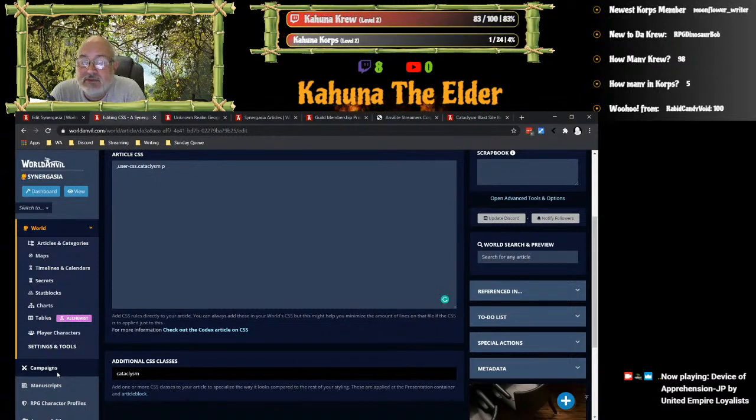And that's why this works so well, is that you can make these changes. But if you're doing CSS, do yourself a favor and create a test page. If you are a guild member, create yourself an extra world. That's actually what I've done. You can create multiple worlds. So create a second world that is just for testing. Because what works on an article page doesn't work on a prose page, doesn't work on a timeline.